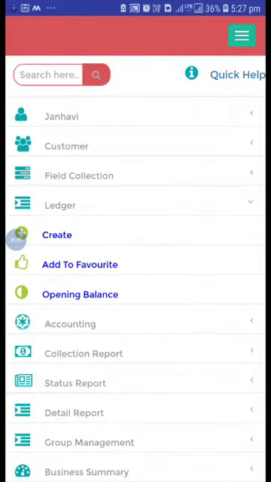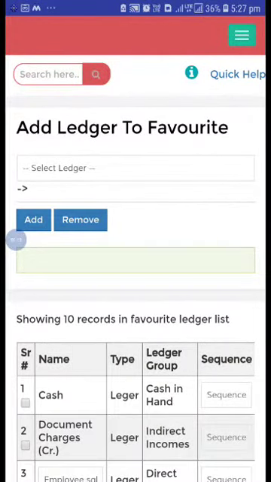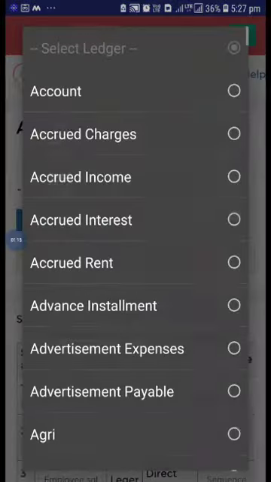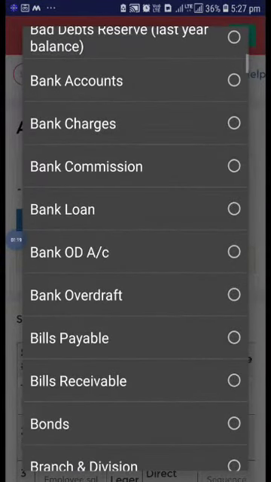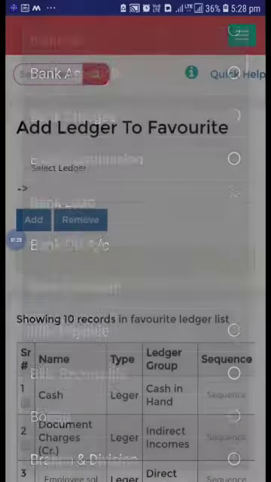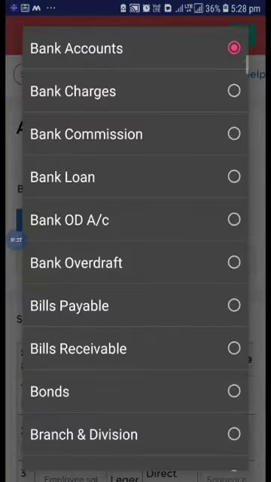So here you can see the add to favorite option. In Jainam Software, there is a good facility that you can add and remove the list of ledgers. So now whatever I want to add, I just add to the ledger. The bank account, just click on add.